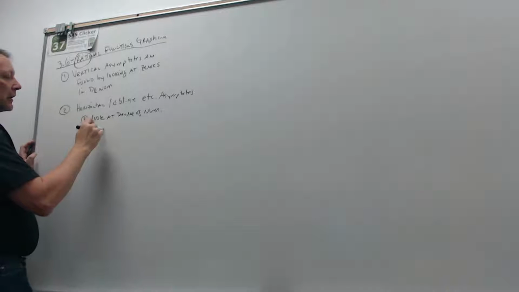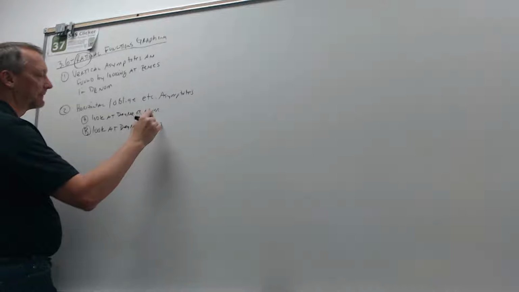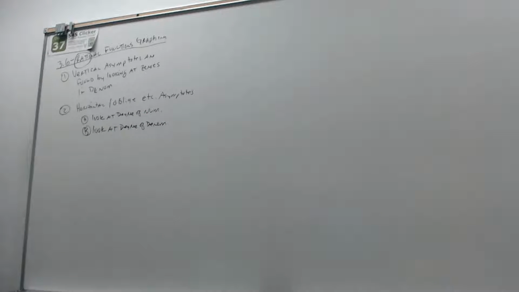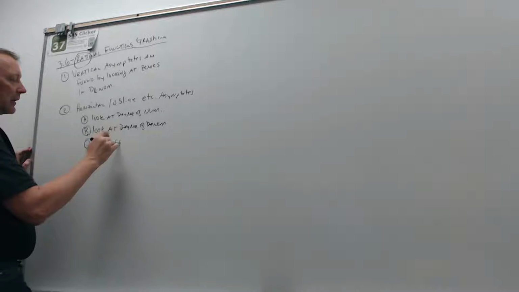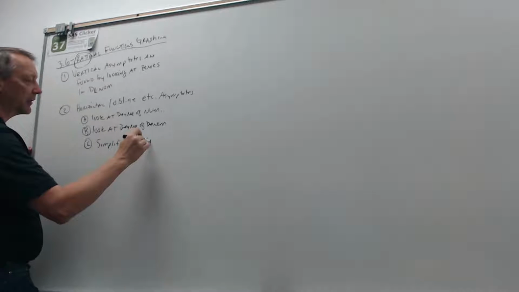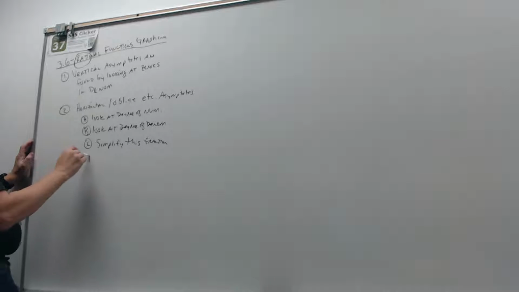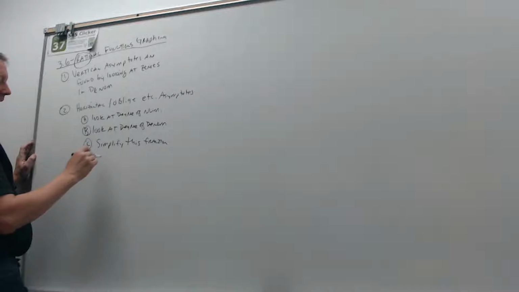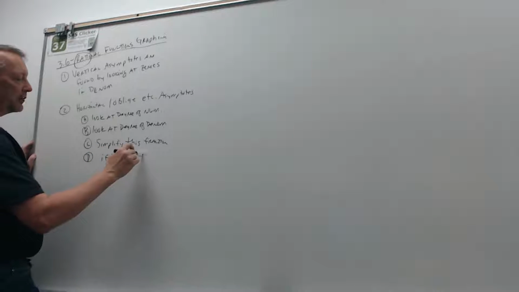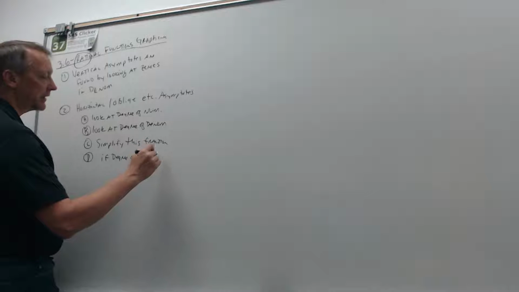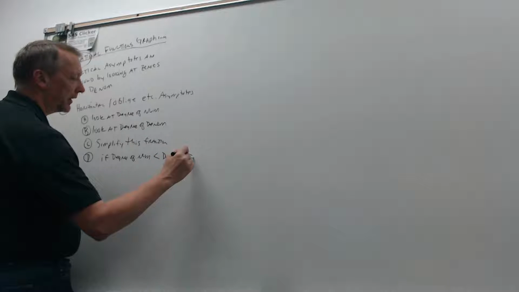B, look at degree of denominator. Okay? C, simplify this fraction. Okay? D says if the degree of the numerator is less than degree of denominator,